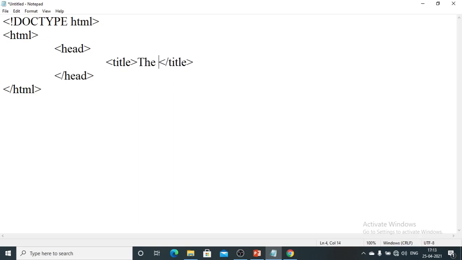Here I am going to give the title as the basic building blocks of HTML. This title will be displayed on the top leftmost corner. I will show you again once we run this file.